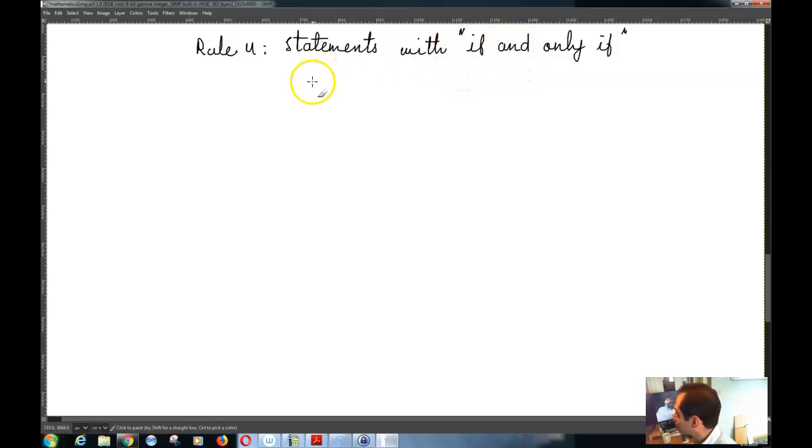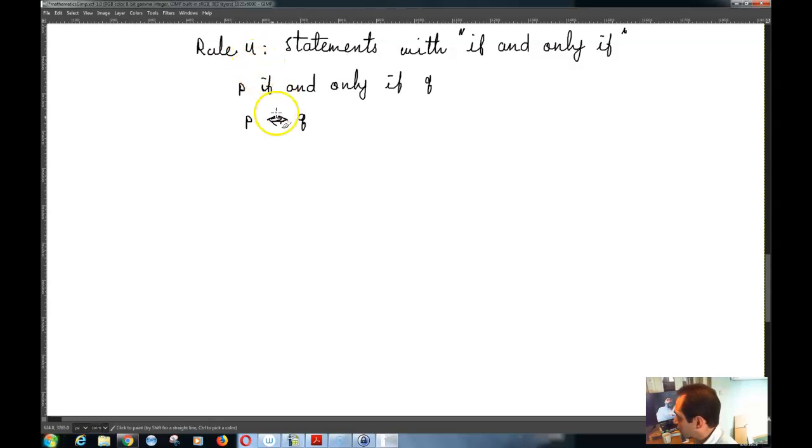So in order to prove the statement P if and only if Q, which is also written as P if and only if Q, meaning that P implies Q and Q implies P,